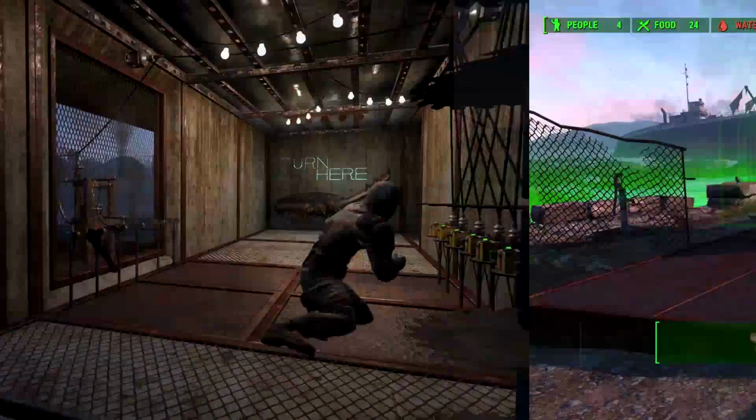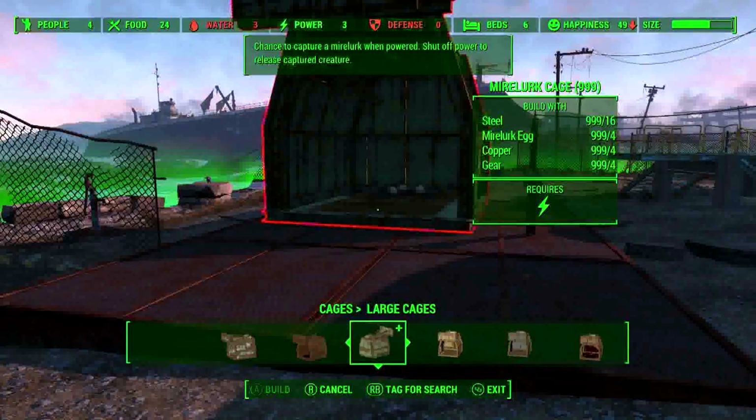As you can see, the raider didn't even know what hit him. Moving on, we probably have the coolest new feature in the game, and that would be the cages to contain our very own wasteland creatures. The one on screen is for a Mirelurk, and more specifically a Mirelurk King, and as you can see from